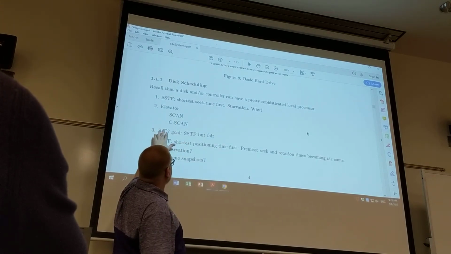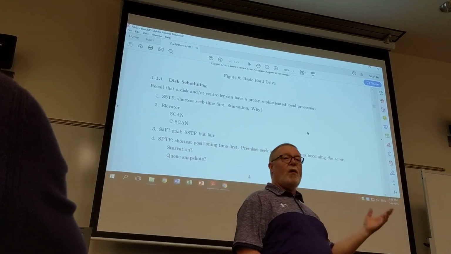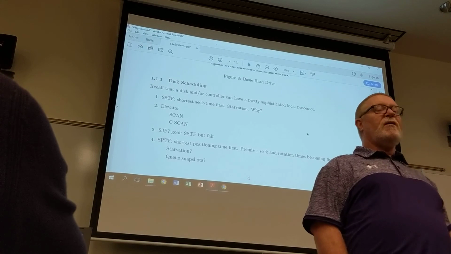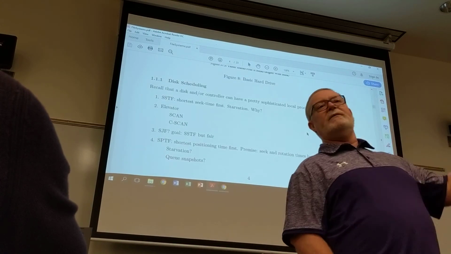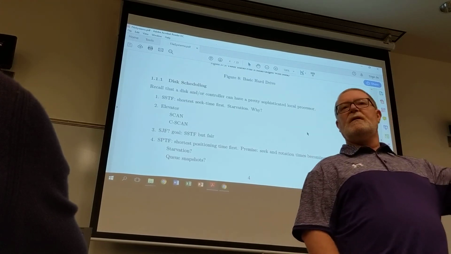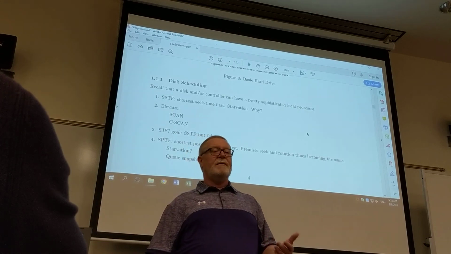These are a form of shortest seek time first. We get fairness out of it because we service all the requests in one direction before we turn around and service all the requests in the other direction. And then we turn around and we just keep going back and forth. This should be very, very efficient. Minimizes the seek